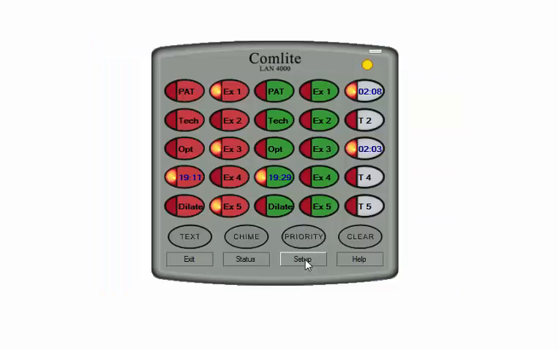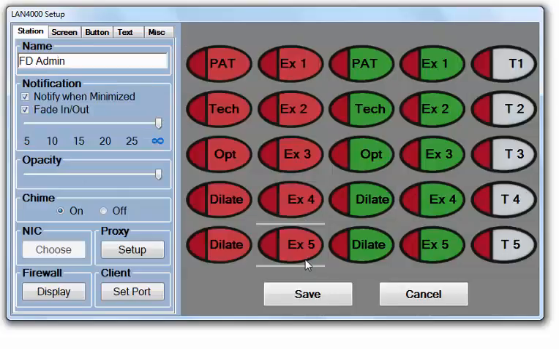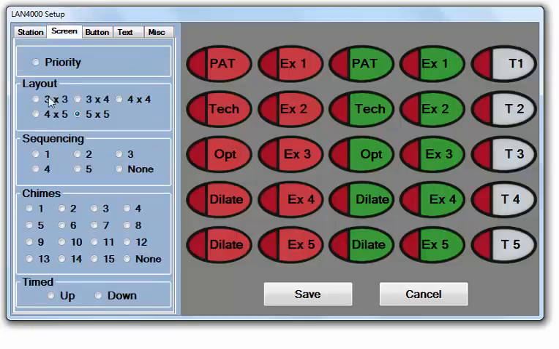As you can see, there's a lot of flexibility in how we can set up ComLight to accommodate your office, and all that is done from our administrative station setup panel, where you can give stations names, decide whether you want them to pop up off the taskbar automatically or not, whether you want to chime the ring at this station. We also can choose how many buttons we want to have on the panel,